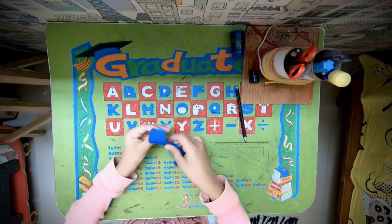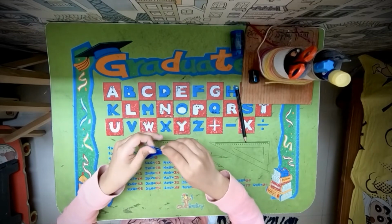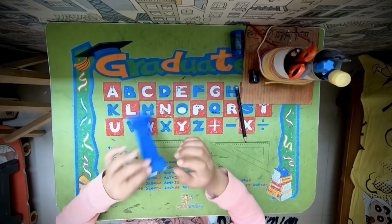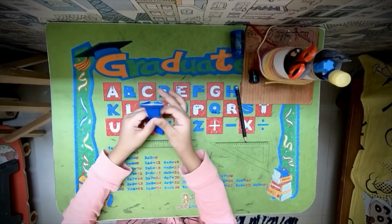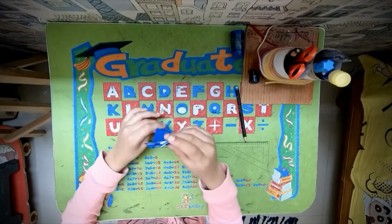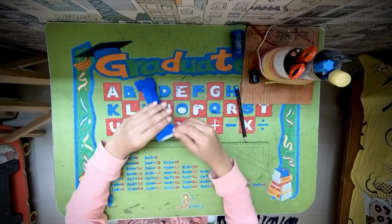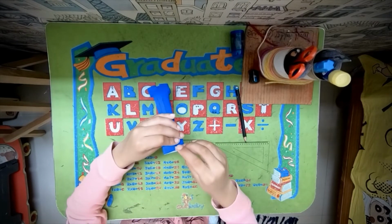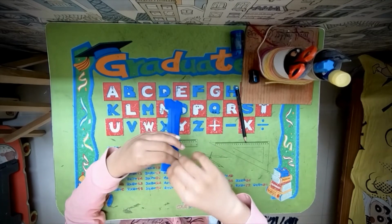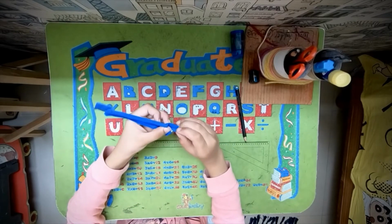We are now going to do a tricky step, but this is optional. If you like it like this, like a weightlifter, you are done. But if you want to make the dog bone, keep watching. This is a tricky fold. You take this flap and this flap, so you're taking the white flap and the colored flap, same thing on this side, and we are going to fold them up